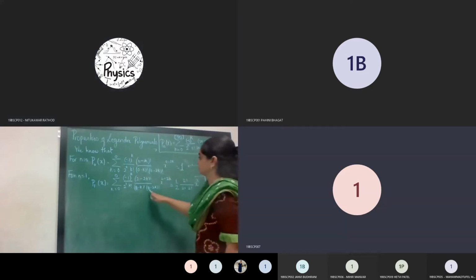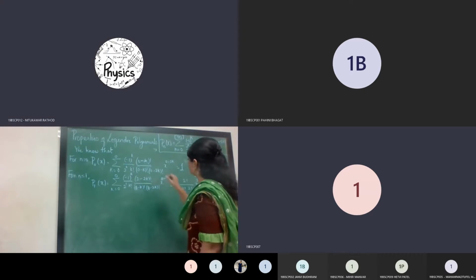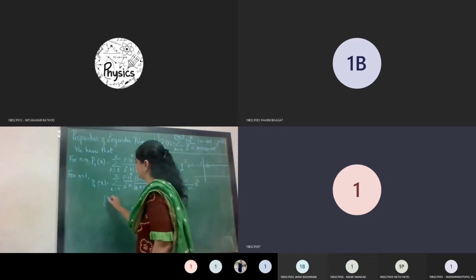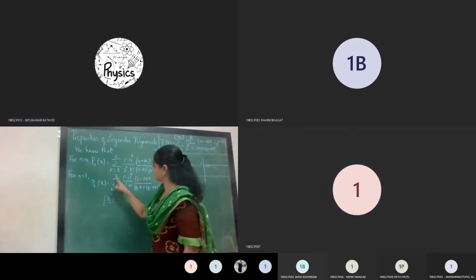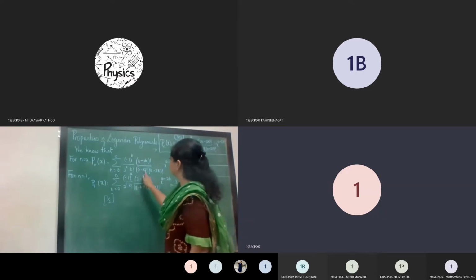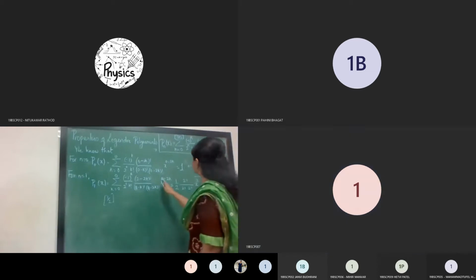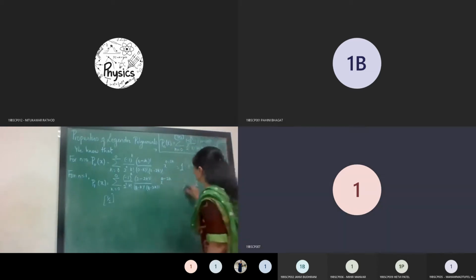Thank you, ma'am. Summation k equal to 0 to 1? That is okay. See, integral part will be n is equal to 1. Integral part, 1 by 2, so it will be 0, but instead of n, I have to consider 1, so 2 raised to 1. Then this is 1 minus k factorial, 1 minus k factorial, x raised to 1 minus 2k, right?